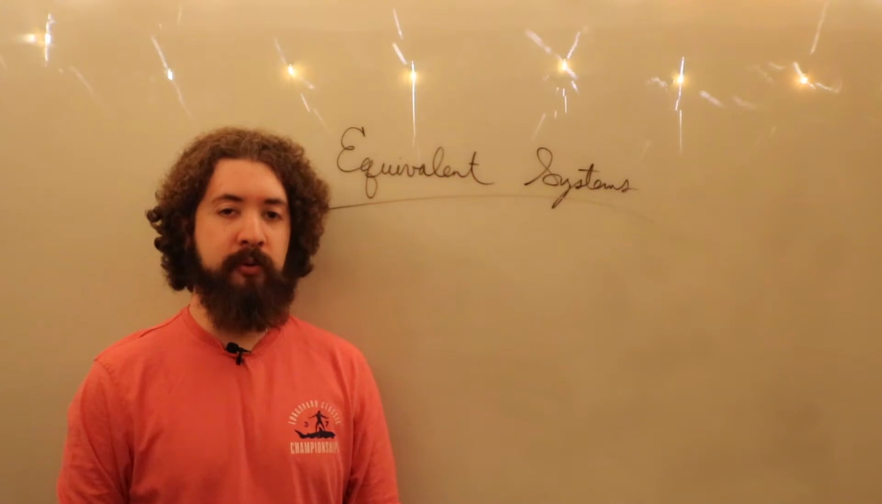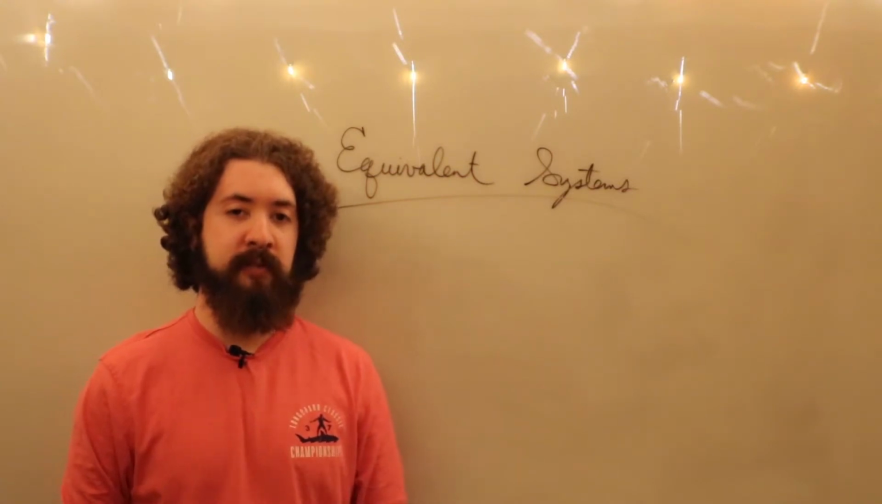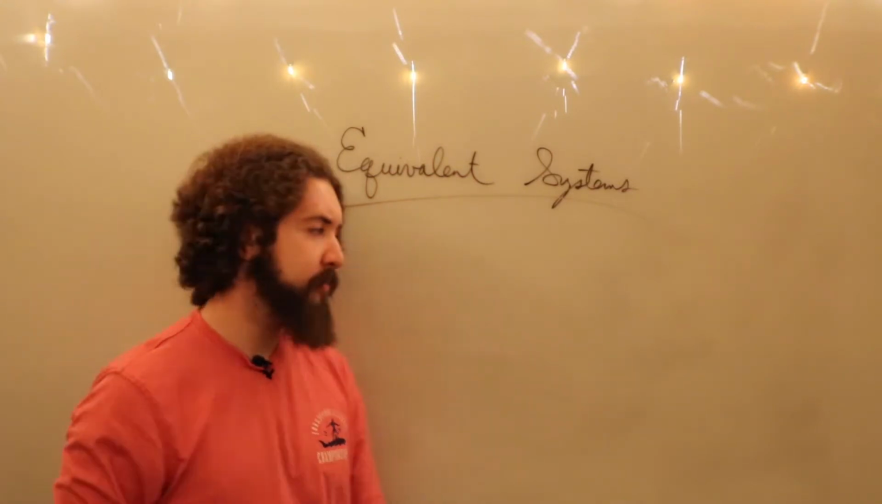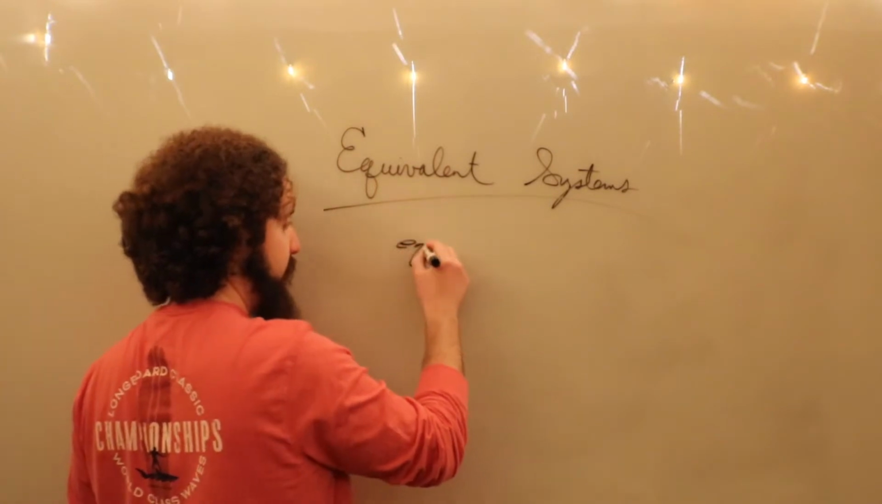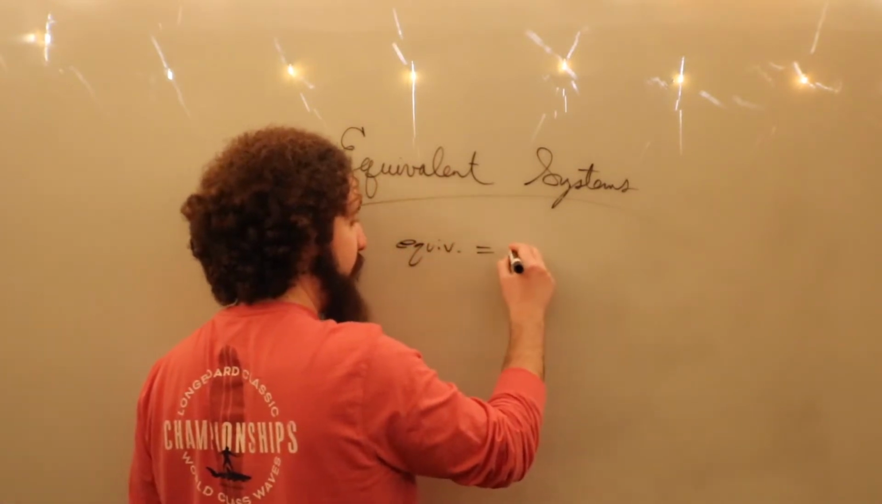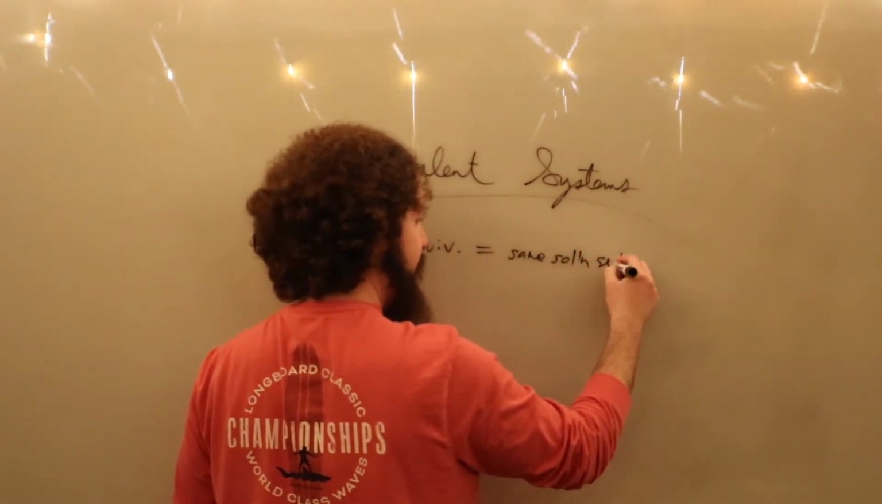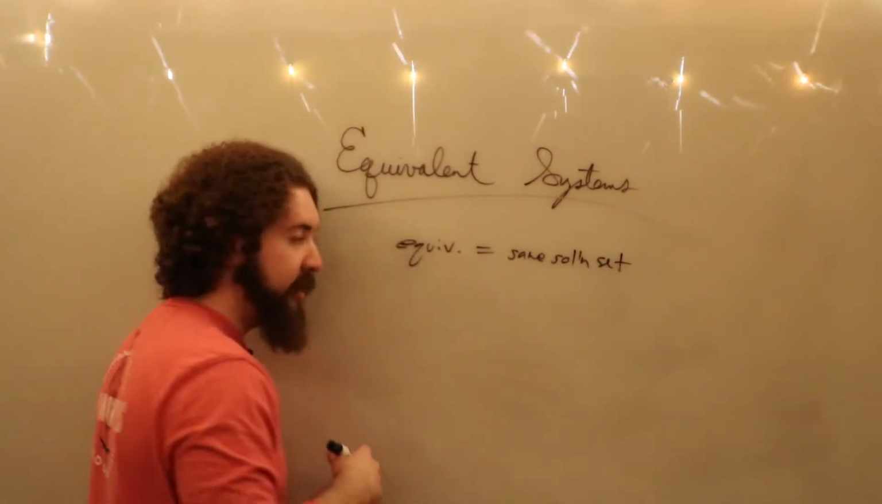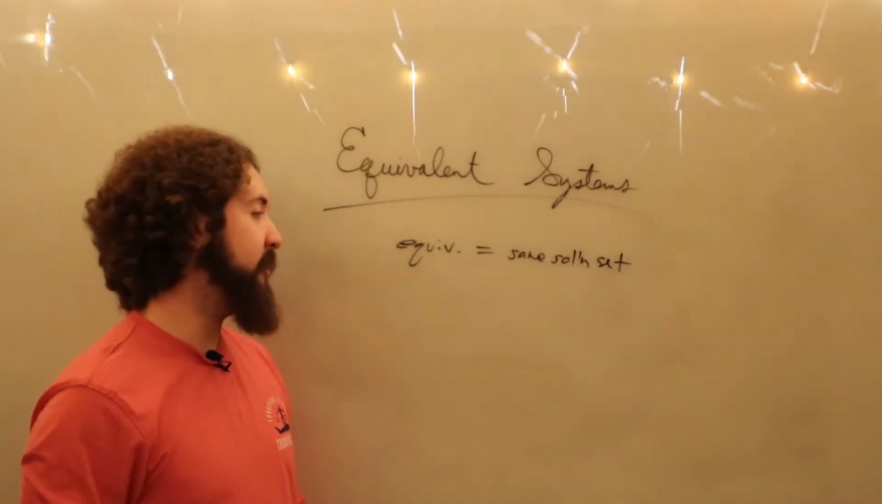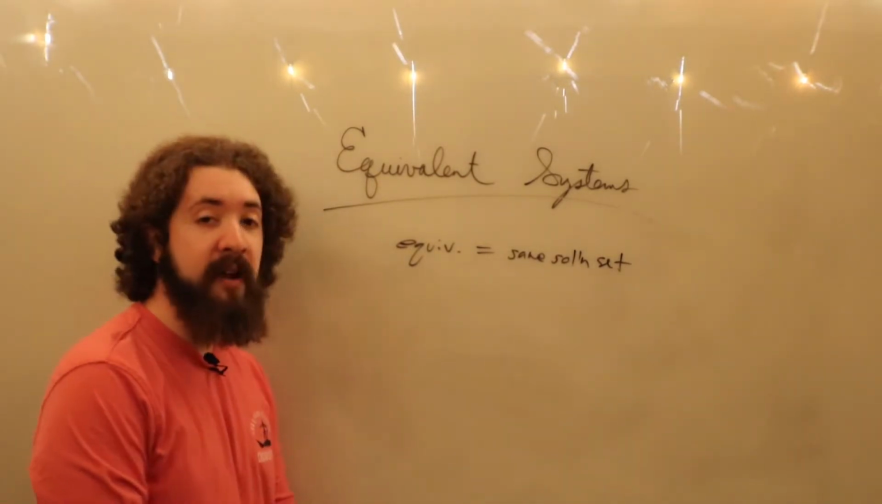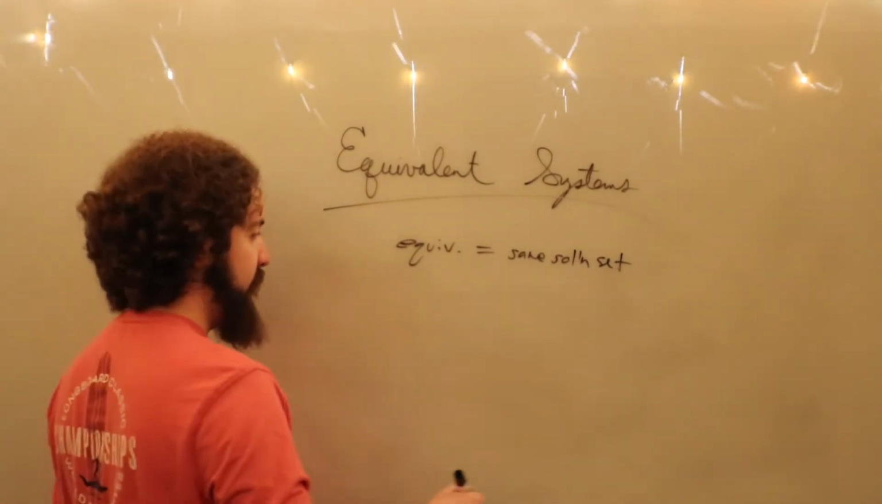What we want to do is find out when two systems of linear equations are equivalent. Equivalent simply means that they have the same solution set. If they look different but have the same solution set, we want to say that they are really the same system in a sense, because all we care about is the solutions. So,